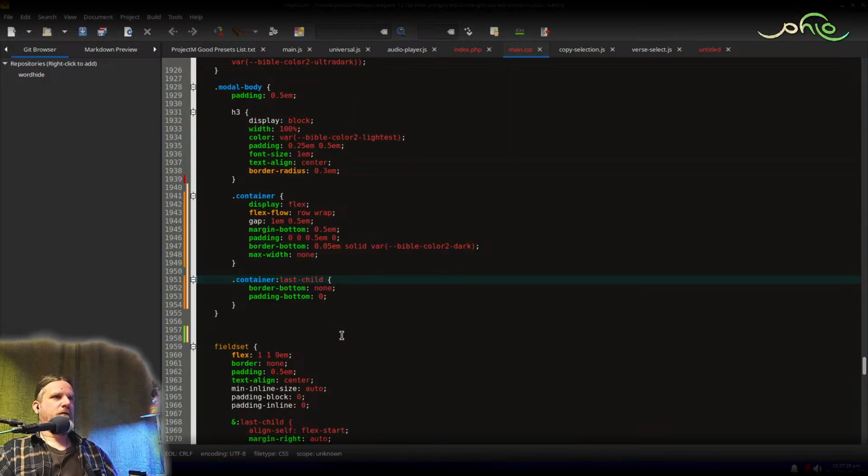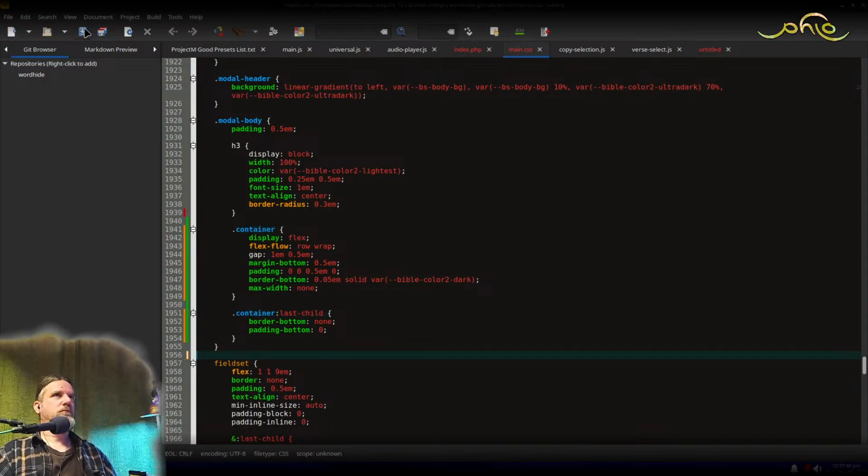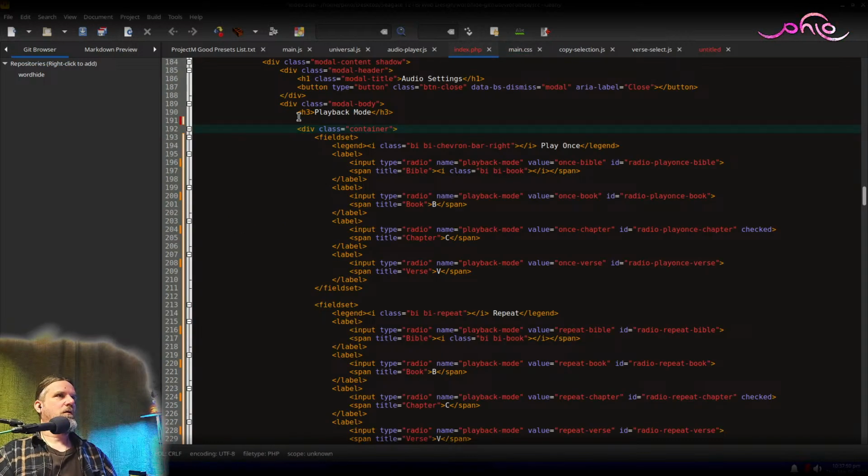Because you definitely don't want to put CSS on every single row or every single container if it's going to mess up your layout elsewhere. It's got to be thoughtful about that stuff. I think that will be appropriate. I think it would probably be fine leaving it where it was.